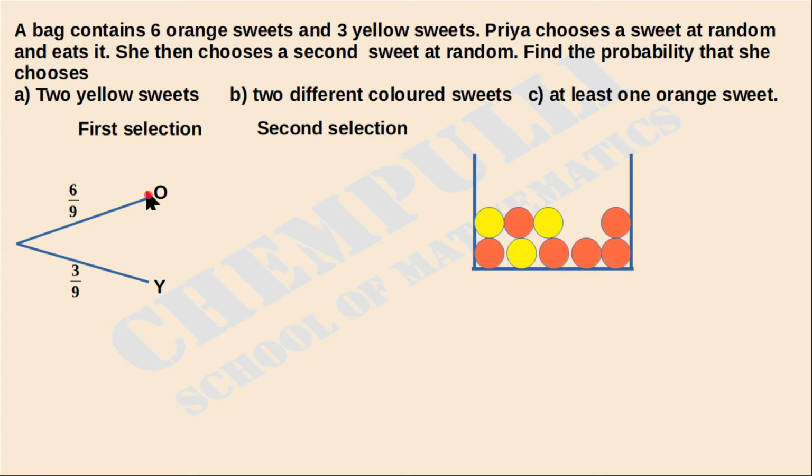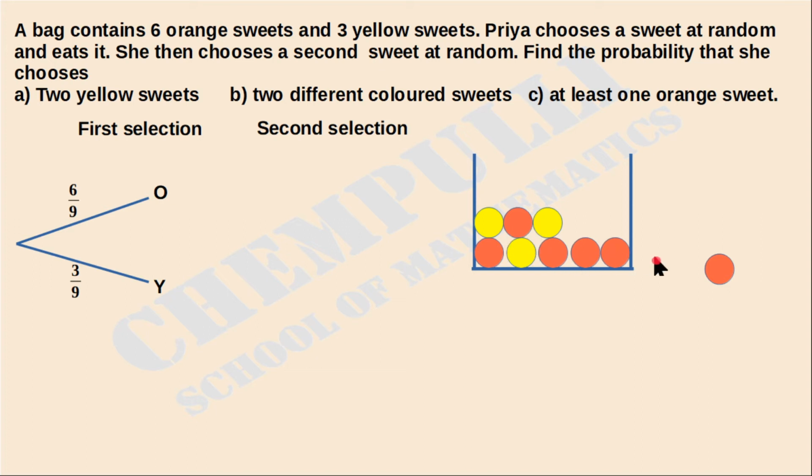Okay, if you take that way, that means we took one orange seed from here. Okay, that means it will come like this. We took one orange seed from here as the first selection. Suppose like that. Okay, that means the first selection is orange seed. We selected one orange seed here. Okay, then that part is finished. Then now you can check in this box total how many orange seeds are there.